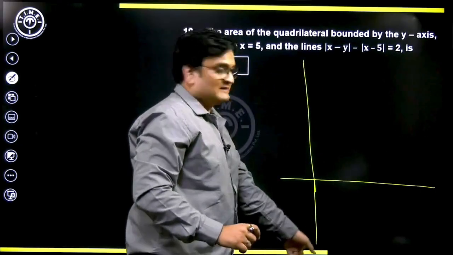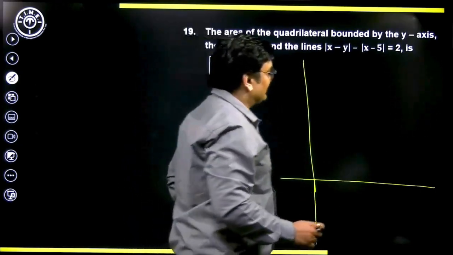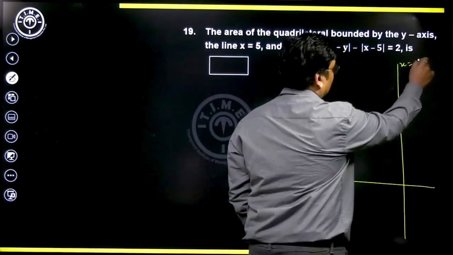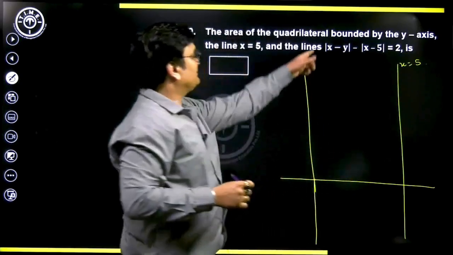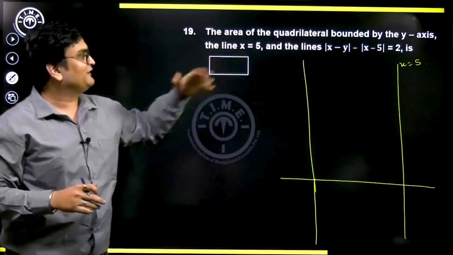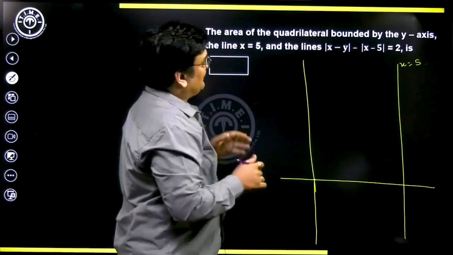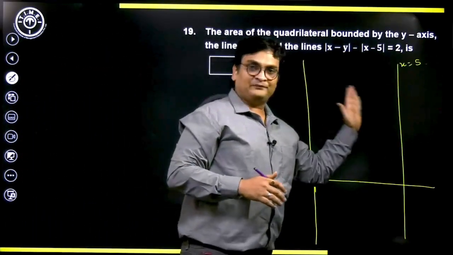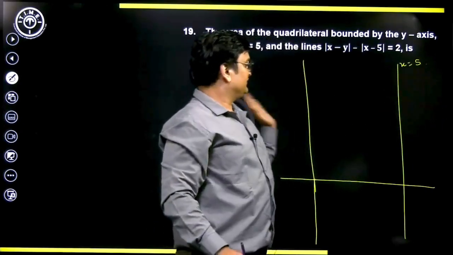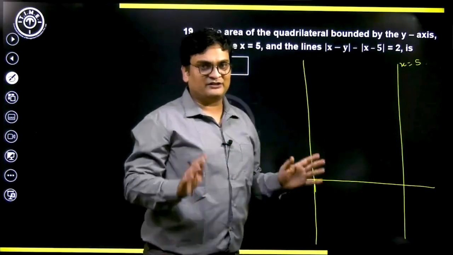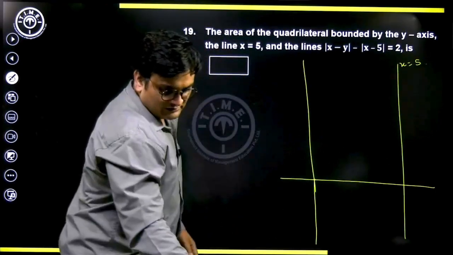bound by the y-axis, bound by the line x equal to 5, suppose x equal to 5 somewhere here, and bounded by this line. We have to figure out that line. That's not very convenient. It's in modulus and all. It's not very convenient to visualize. So my quadrilateral should lie between these two. It cannot go to the right of this, to the left of this. However, it can go above the x-axis, below the x-axis. There is no restriction on that. So with this thing in mind,